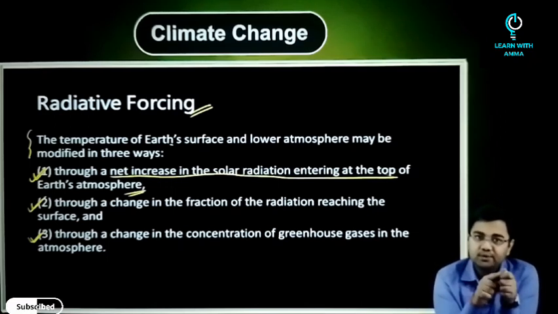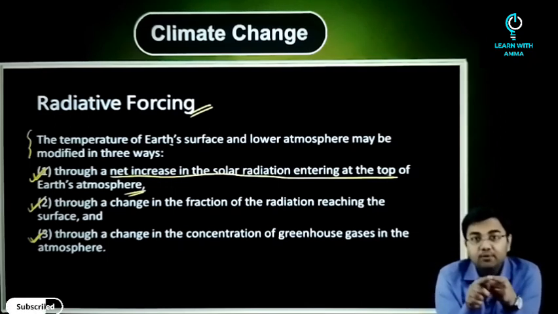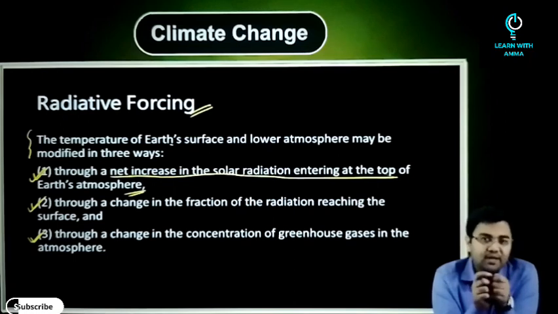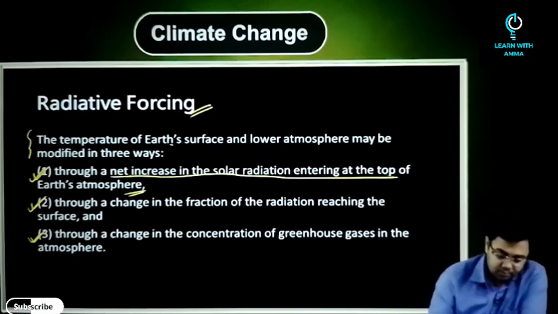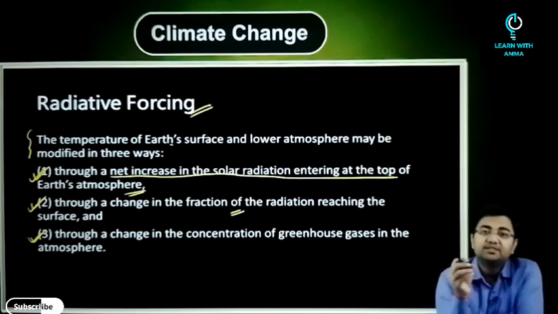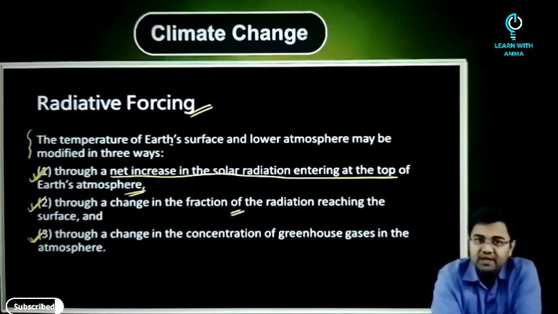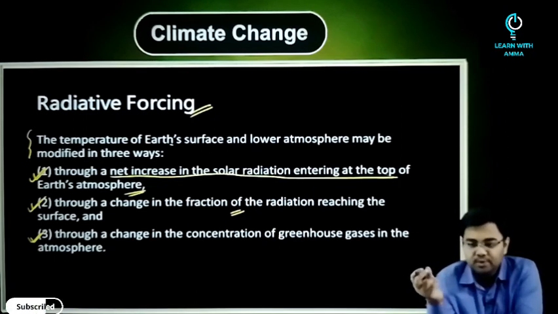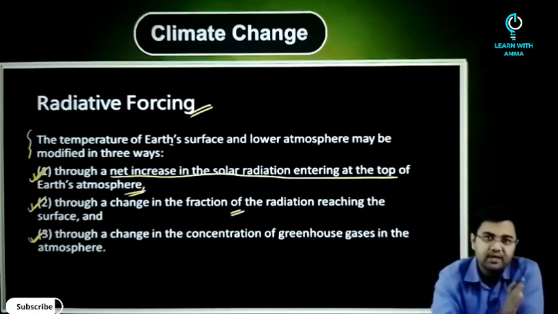One thing that I can do is I can increase the amount of solar radiation that is reaching the earth. But doing that is not possible, right? Second, what I can do is that there can be a change in the fraction of the heat that is being trapped by the earth. Now naturally even that cannot happen. It is very much a natural process, and that's why it is a fixed number that how much would be reflected back and how much would be absorbed.